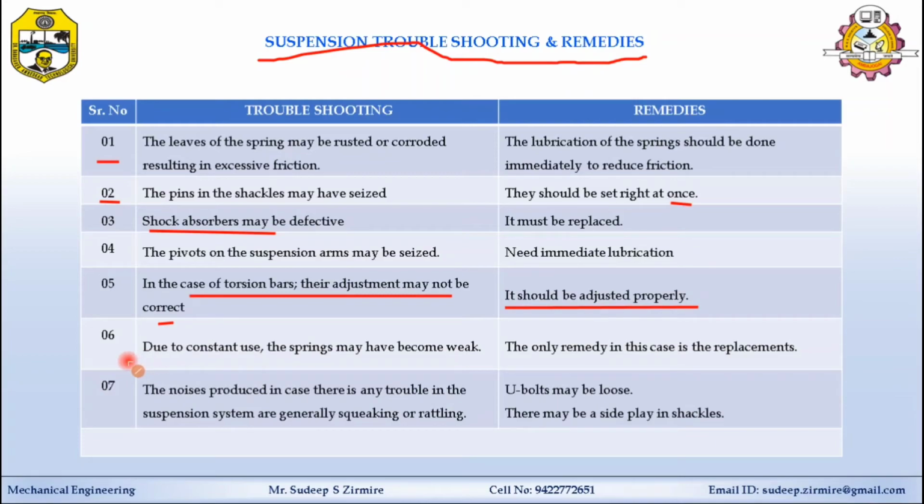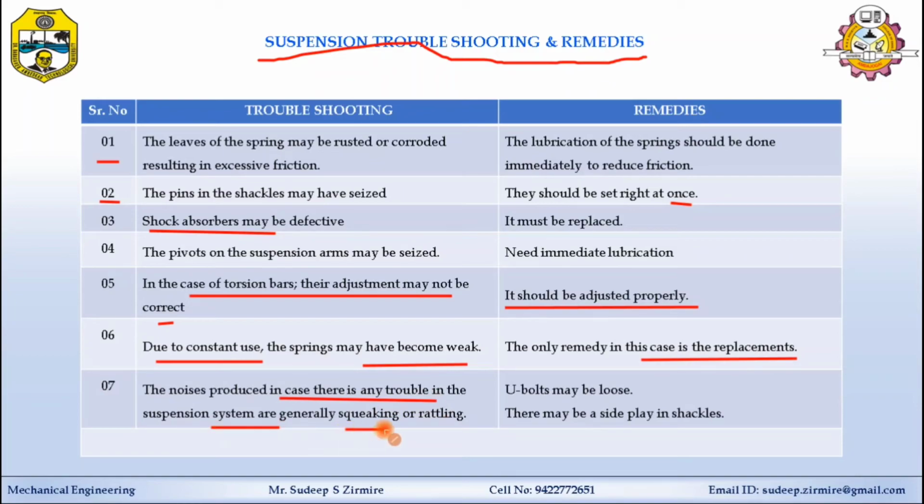Due to the 6th point, due to constant use, the spring may have become weak. The only remedy in this case is replacement. If the spring is not working efficiently, then replace it periodically after 2 years, 3 years, or whatever the specification given for that part. The 7th one is the noise produced in case there is any trouble in the suspension system,